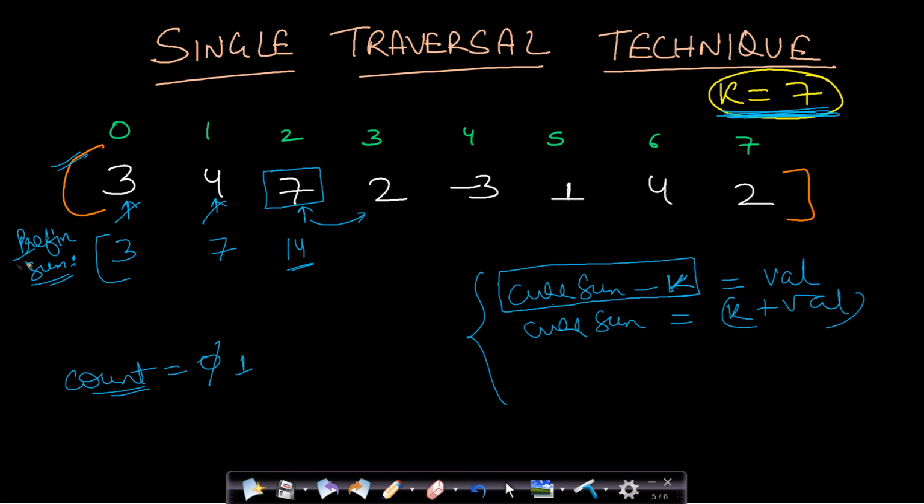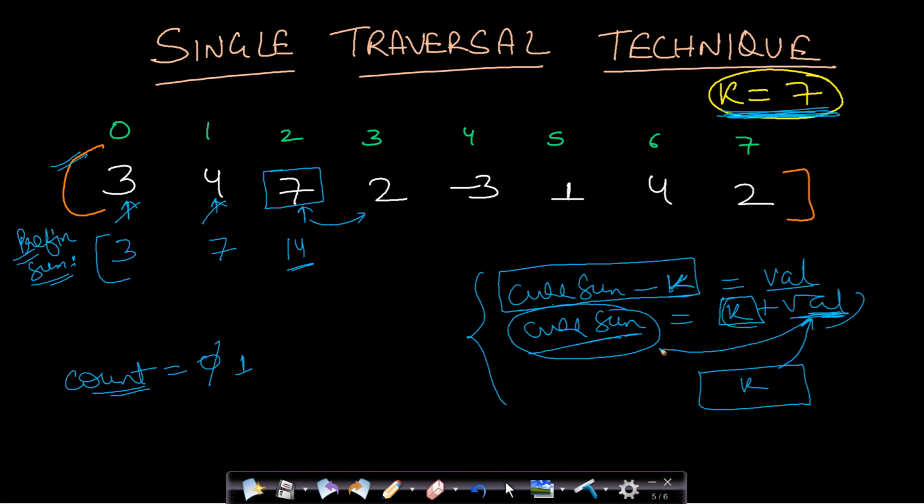So that means value is already present. And since our current cumulative sum is this current sum and value is already present in our prefix sum array, this means that we need this sum k in order to make the value to current sum. So there must be an element or more than an element, that is a subarray, which is having a sum k, so that it is added to this value